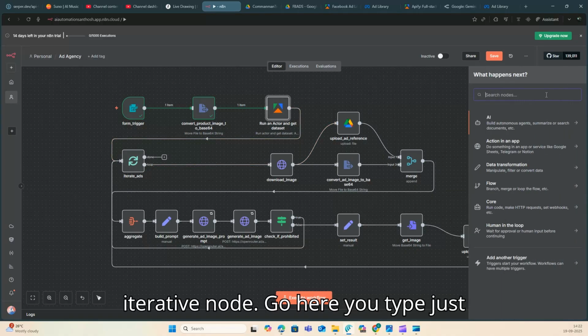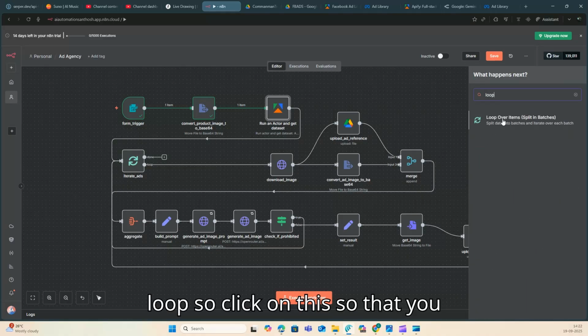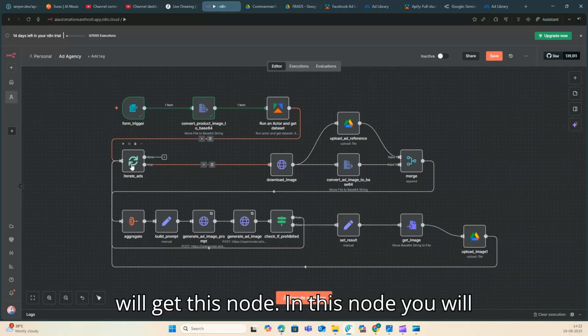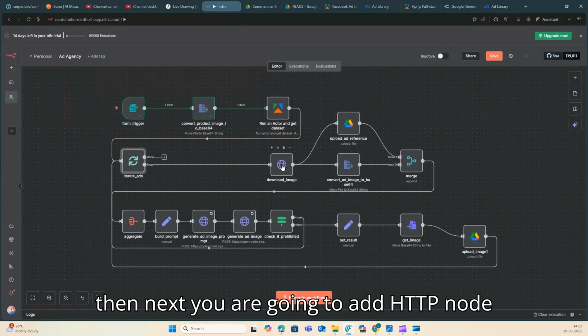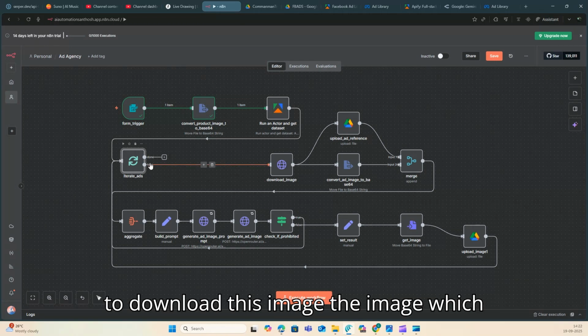Go here, you type just loop. So click on this so that you will get this node. In this node you will give batch size as 1. Okay, then next you are going to add HTTP node to download this image, the image which you are getting